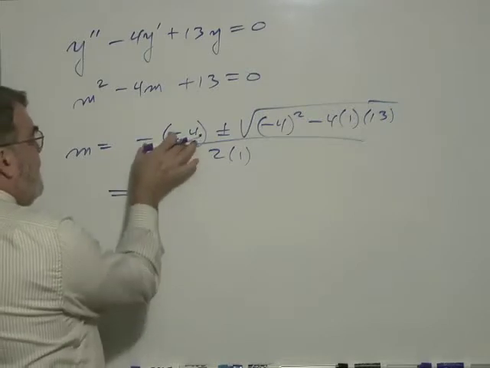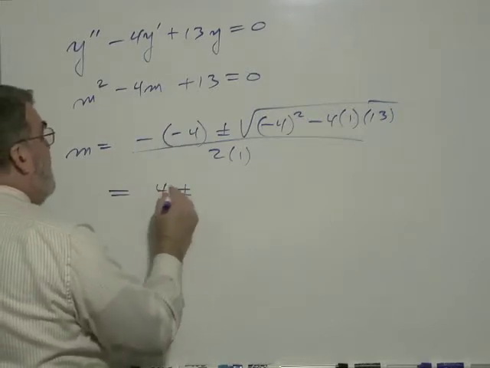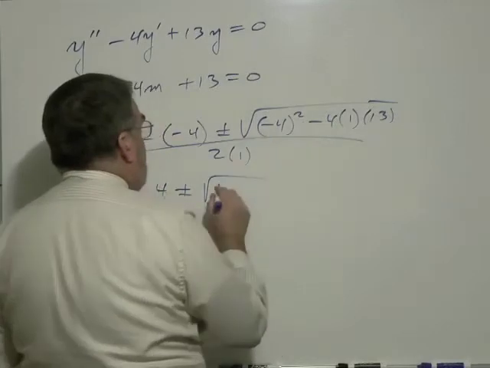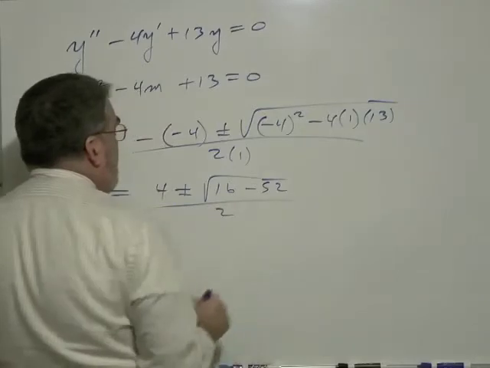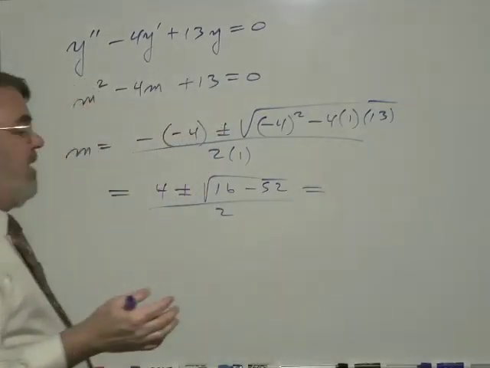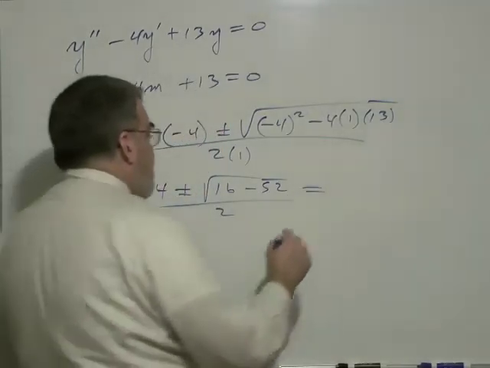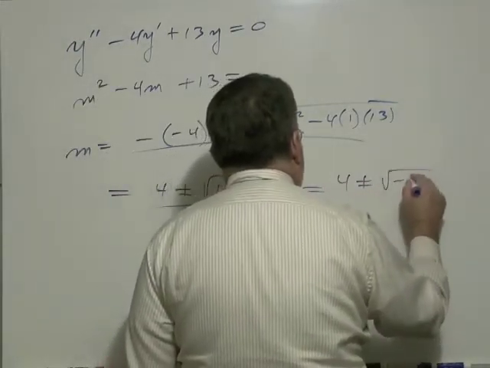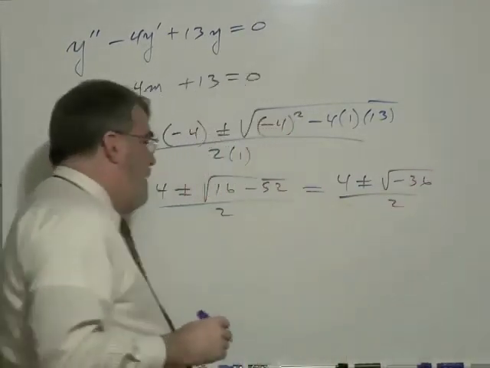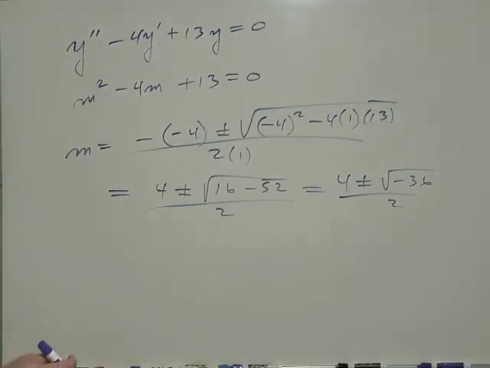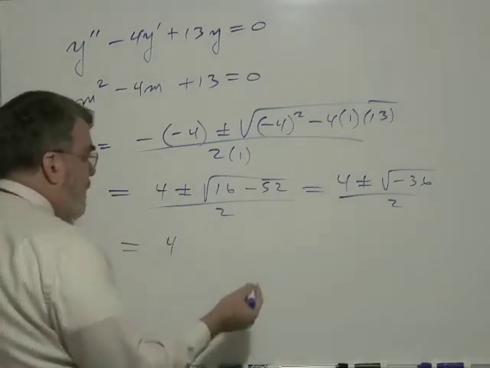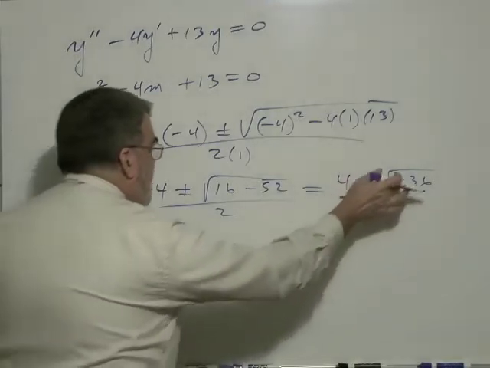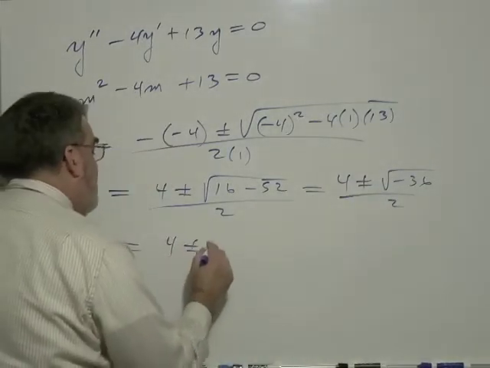So let's see what we got here. The negatives cancel. I have 4 plus or minus the square root of 16 minus 52, all divided by 2. 16 minus 52 is negative 36. So we have 4 plus or minus the square root of negative 36 over 2. Now, what's the square root of negative 36? The square root of positive 36 is 6, but with the negative inside it makes it 6i,